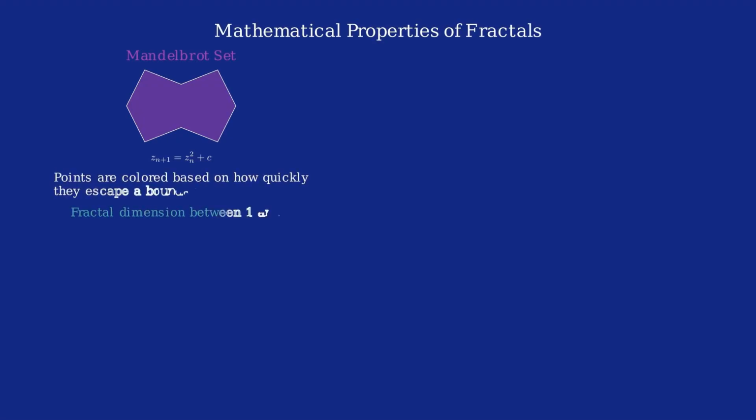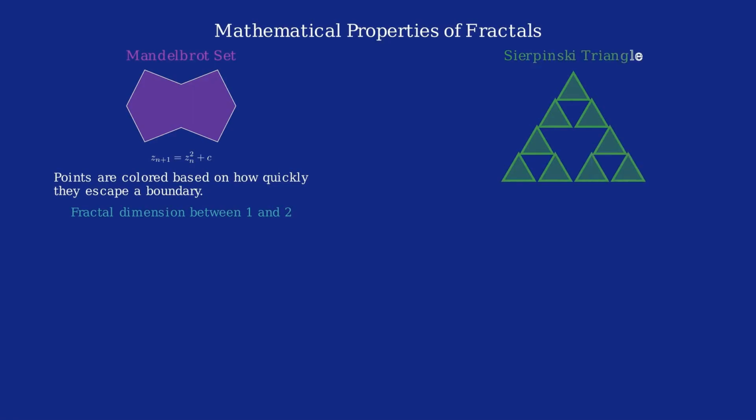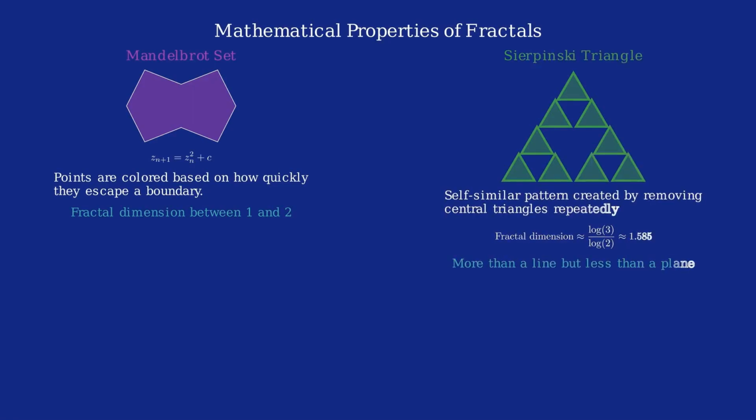Fractals possess fascinating mathematical properties that make them unique objects in mathematics. The Mandelbrot set is defined by the equation z subscript n plus 1 equals z subscript n squared plus c. Points are colored based on how quickly they escape a boundary, and the set has a fractal dimension between 1 and 2. The Sierpinski triangle has a fractal dimension of approximately 1.585, meaning it's more than a line but less